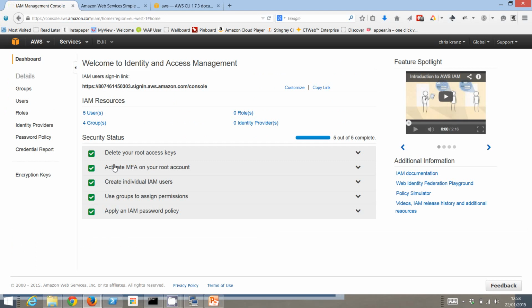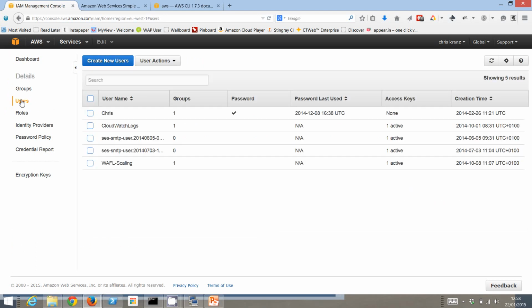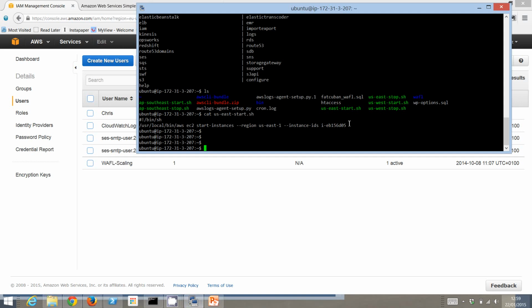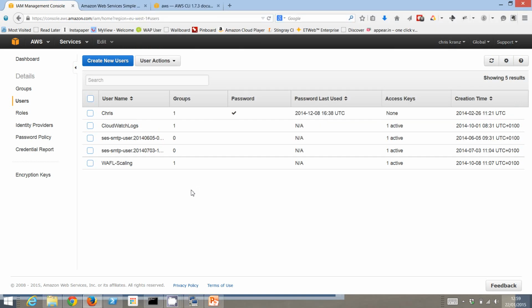sides to this. So what I've got, if you look in, I've got a couple of different users in here. Obviously, one is me. And I've got access to this. What you'll notice is I don't have any access keys, but I've got a password set. You'll notice that all the other accounts don't have a password set, but they've got access keys. It's important for how you access the system. So I can log into here using my IAM account, but I can't do anything on the CLI. So the CLI over here, where I'm running things, this is actually running this username called waffle scaling, and it uses the access keys to access this. If someone got that username and the access keys, they couldn't actually log in and spin